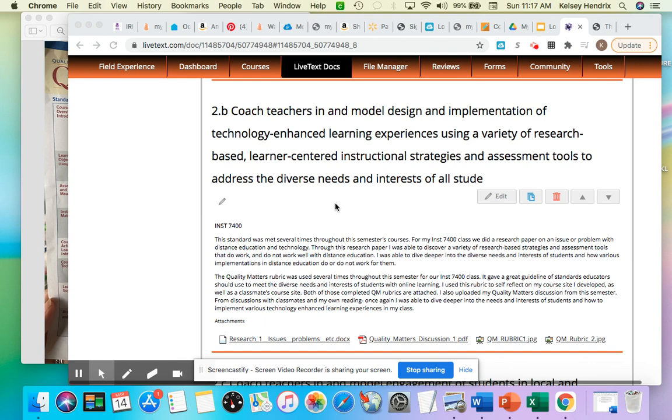Okay, so standard C2B is about coaching teachers in and modeling designs and implementation of technology enhanced learning experiences using a variety of research based, learner centered instructional strategies and assessment tools to address the diverse needs and interests of all students. One of the first things I felt like helped me to meet this standard was by doing research